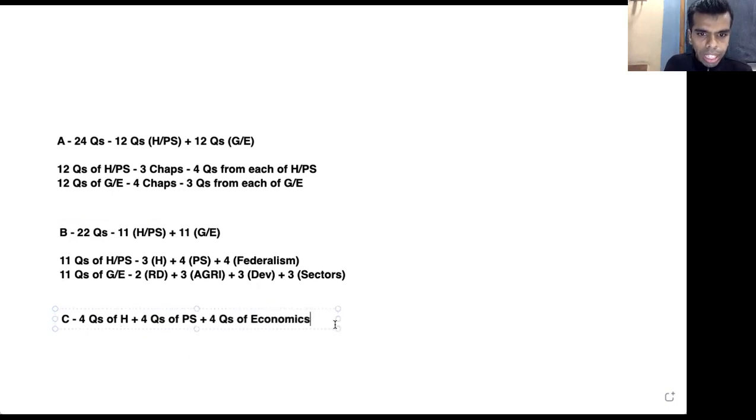That's how the case studies are divided. And last May, when I talk about section D, in section D, you have 2 map-based questions, and obviously map-based questions are from geography. So this is the basic structure of your paper, which you attempted yesterday. So now let's quickly start discussing the answers of the paper.